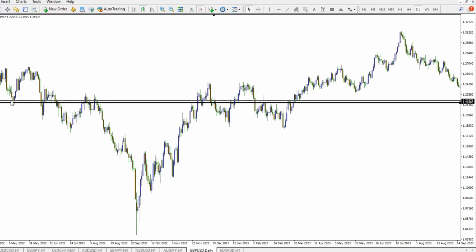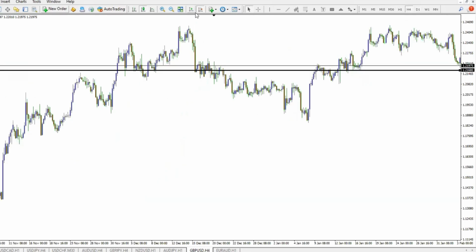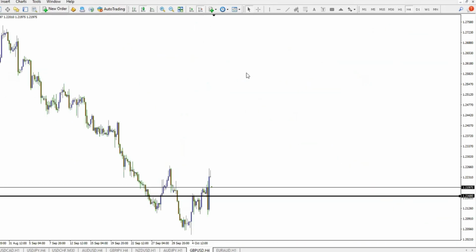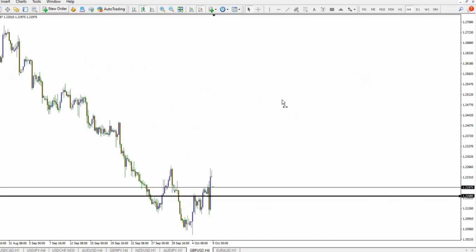This low here got tested multiple times, and right now we can see the very low is being tested once again at the current price. So that's a good place that price is testing, which means we may expect some kind of rejections on the H4 H1 time frame. So the H4 here, definitely we have a downtrend, and on this downtrend we have what